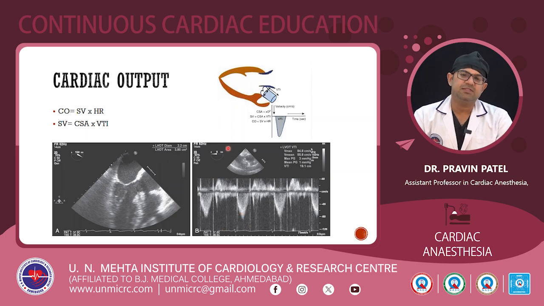But the problem with this cardiac output measurement is that we measure the cardiac output in a single cardiac cycle. Another problem here is that any error in the measurement of LVOT diameter will be multiplied, and the error becomes double. And the third problem with the cardiac output measurement is that we assume that the flow into the LVOT is laminar, but with any problem with the aortic valve, the flow becomes turbulent. In that case, the measurement, or getting the VTI, will be difficult.